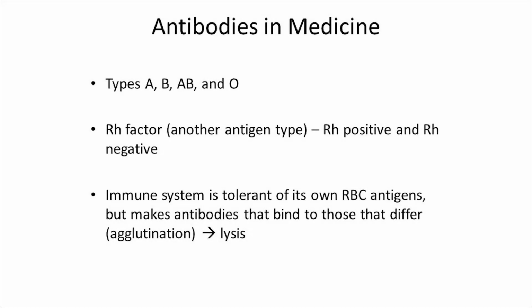Now, the ABO blood typing system that we hear about in medicine, and many of you probably know your blood type, involves type A blood, type B blood, type AB blood, and type O blood. In addition to that, let's say you have AB positive blood, what the positive refers to is the presence of an Rh factor on your red blood cells. So if you are Rh positive type AB, then you would be called AB positive. If you're Rh negative type AB, then your blood type would be AB negative. Now, this is with the understanding that your immune system is tolerant of your RBC antigens. But if other RBCs that contain other antigens are introduced to your blood, there's the potential for agglutination to take place, depending on the blood type that you have and the types of antibodies that you have present in your